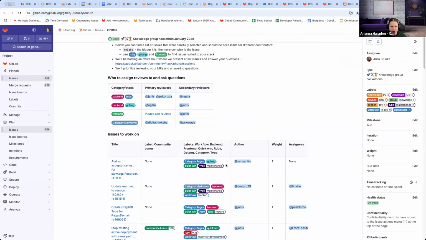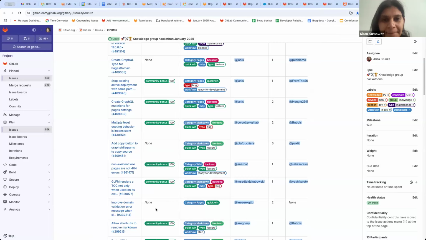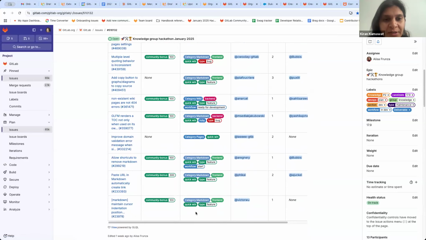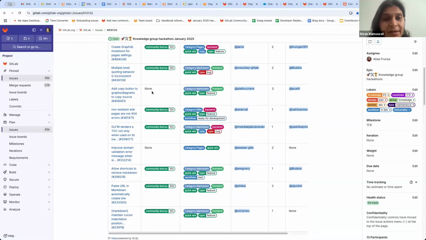So what's your backend, are you Ruby? Yeah, I'm a Ruby on Rails developer. There are two things. One is for the page domain type in the GraphQL edition, and there's one more for the mutation, I think. There are two tasks. Are you interested in either one of them? Yeah, because it's in GraphQL, so I can add, but how much is it going to impact the project? Because I have just started, so I don't know, I don't want to touch anything and then